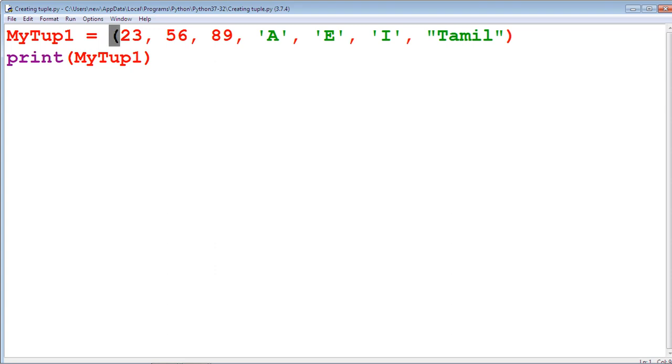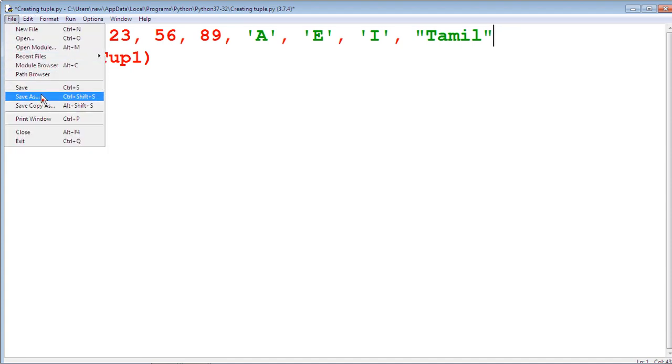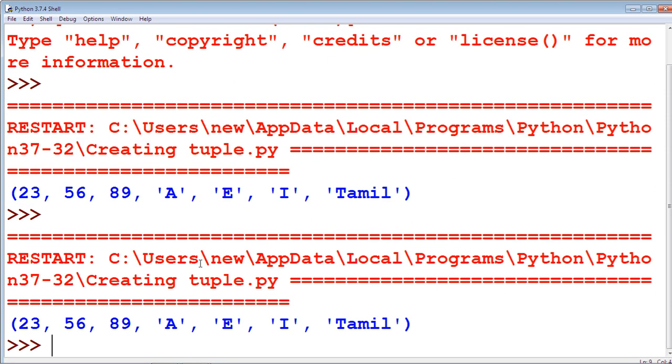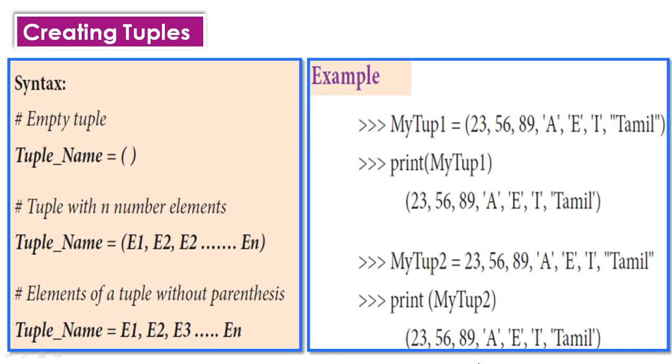If we remove the parentheses here, we get the same result. So for tuple creation, we can give parentheses or not. Both ways are acceptable.